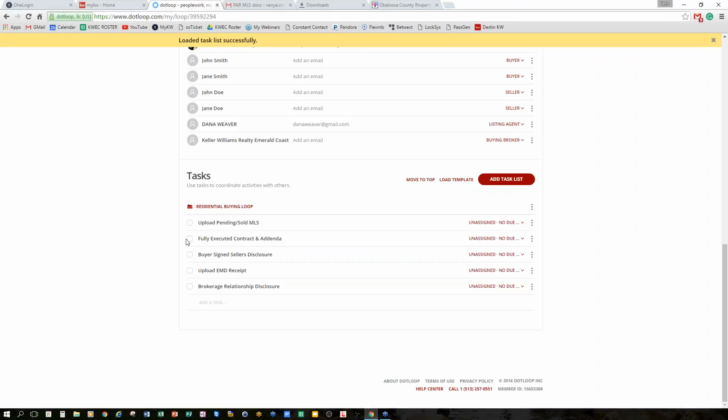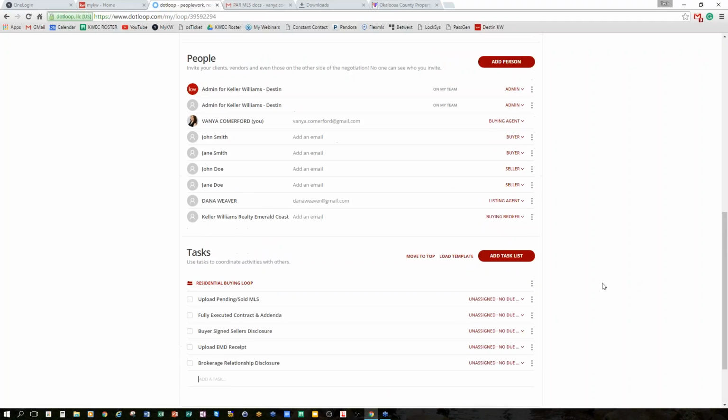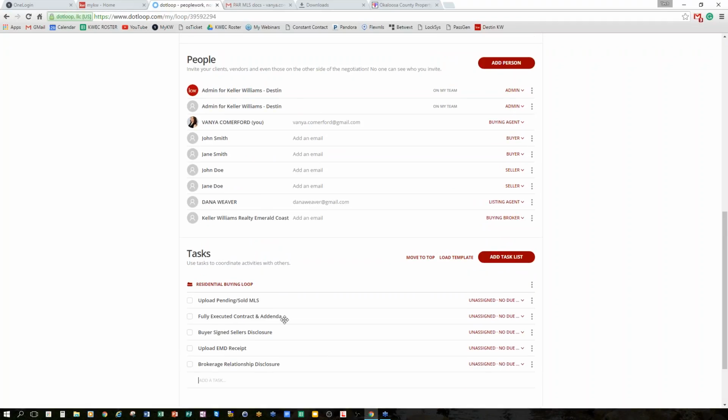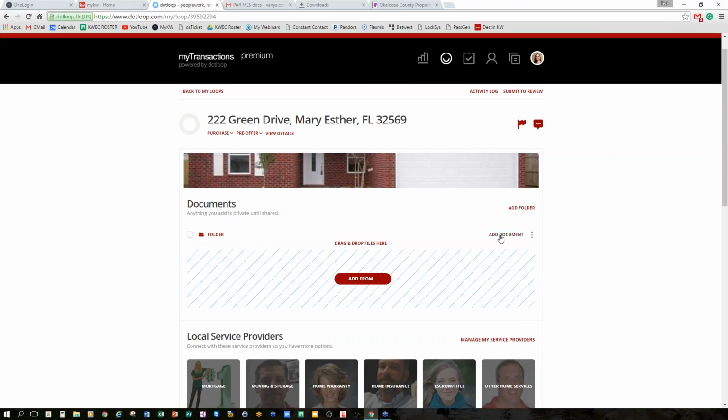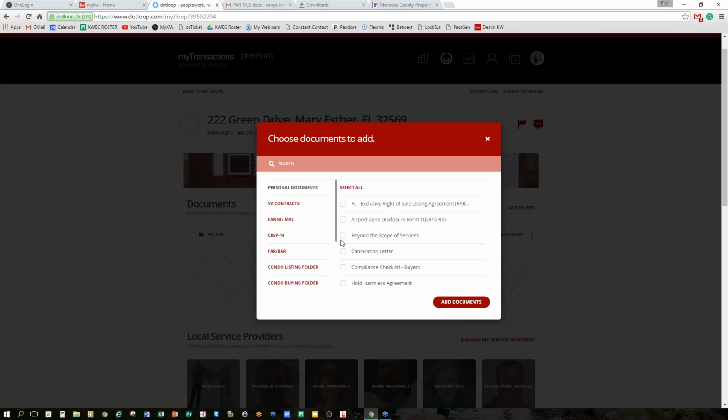So here are the things I would need. I would need the pending sold MLS. I'll need the fully executed contract. I would need the seller property disclosure, the earnest money receipt, and the brokerage relationship disclosure. Now that I know what I need for compliance, I'm going to go and start adding my documents. And I'm going to add it from either computer or templates. I'm going to go and upload that,